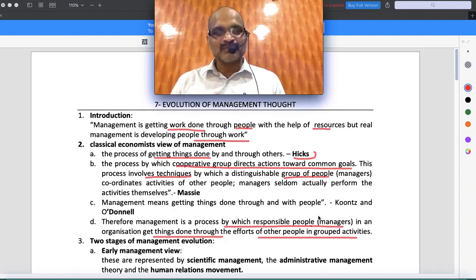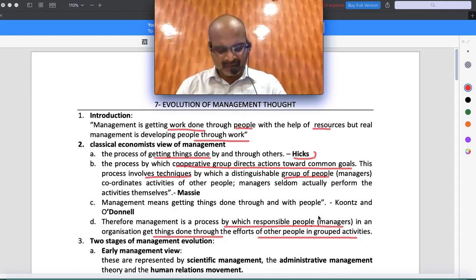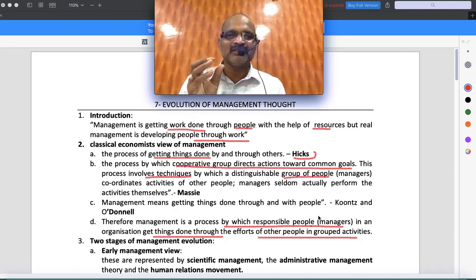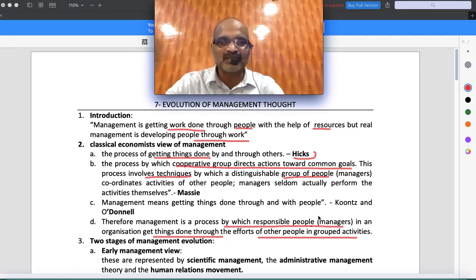So if coordination is missing, if people are not good, and machines or technology is not very good, it's very difficult for us to manage the company. That is the point. One reading, last and final one reading you give, that's it. You don't try to go deeper into this, and I'm not leaving any point from your textbook. I'm actually dressing it properly so that you will understand very easily. So while explanation is going on, focus on the material.